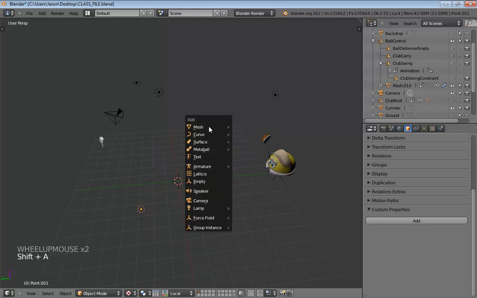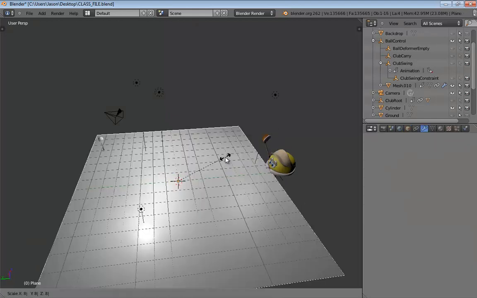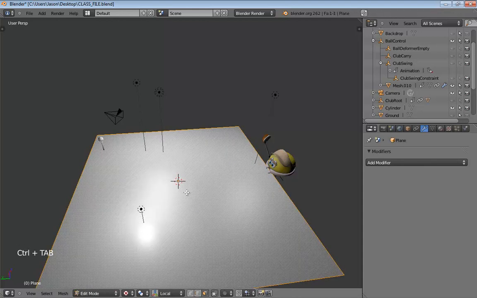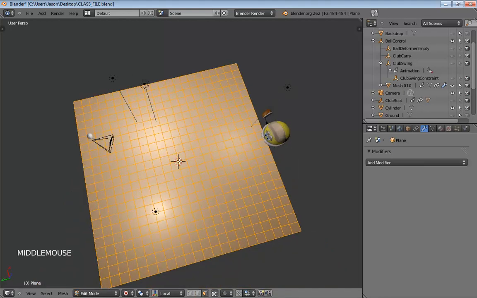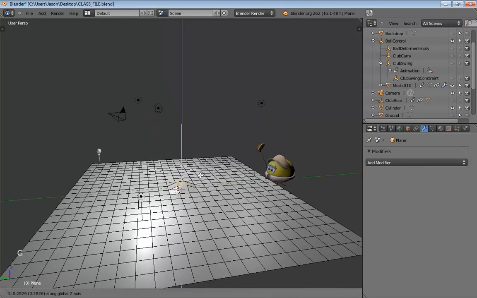So Shift-A, add a plane. We need to scale the plane, and we'll just do that 8, like so. Hit Tab, Control-Tab, F, make sure we have faces. W, subdivide, and let's see, we could hit F6. I think I did something like 21 times in all or something kind of like that. 21, 20, something. But the odd number does mean I have a nice point in the middle that I can select. So we'll switch over to vertices, grab this one vertex in the middle, and I'll just hit G.